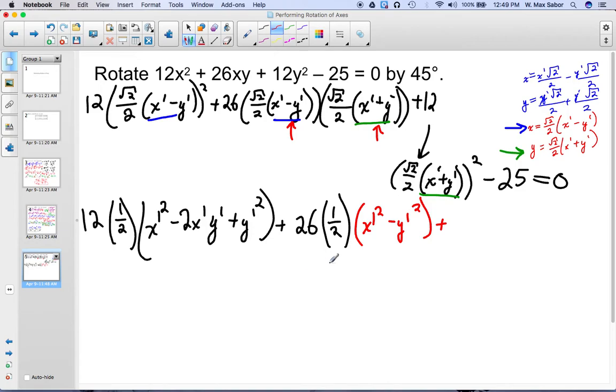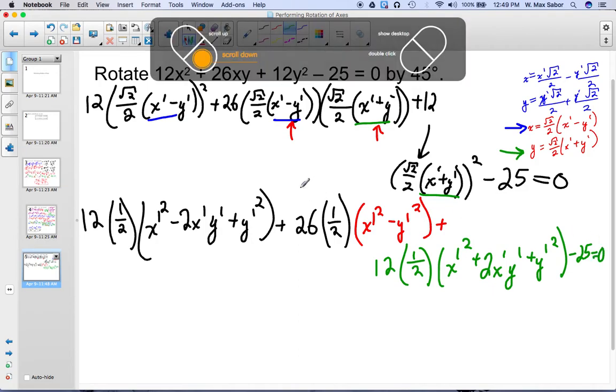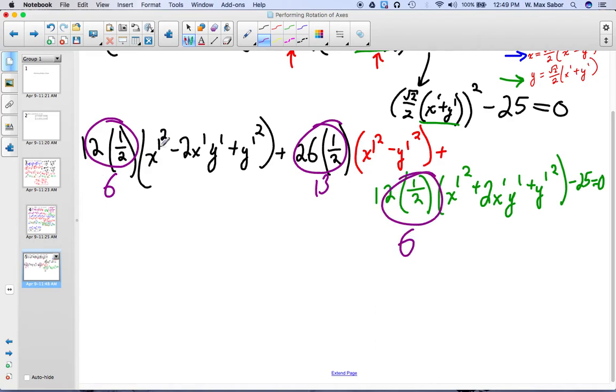plus this piece is 12. When we square root of 2 over 2, we get 1/2. When we square this, we get x prime squared plus 2x prime y prime plus y prime squared minus 25 equals 0. Okay, now we're at the place where we can distribute. So this is all 6, this is all 13, this is all 6. So I distribute this in and I get